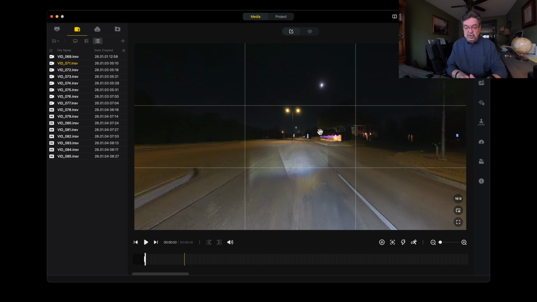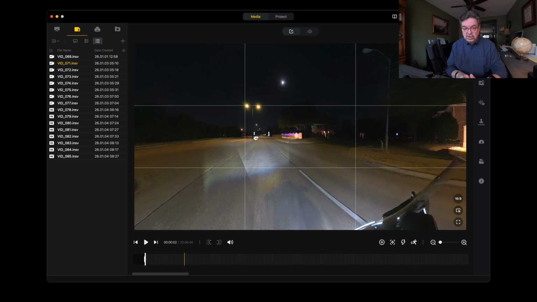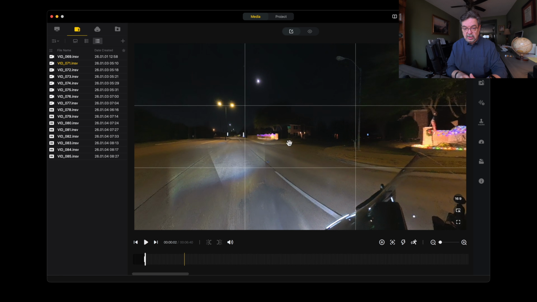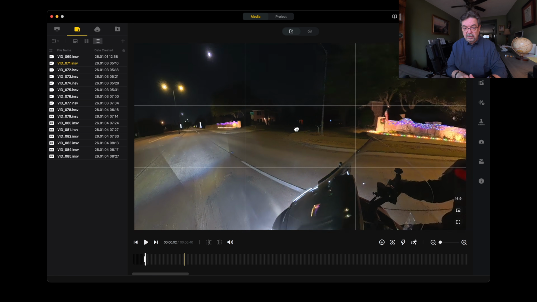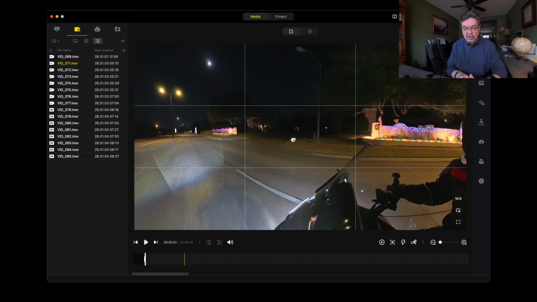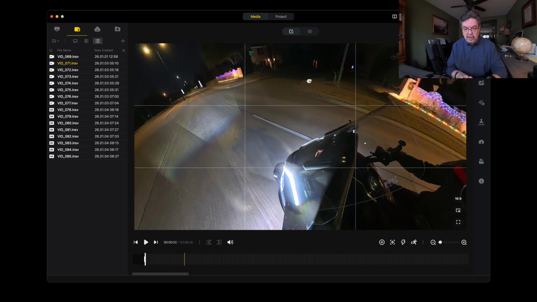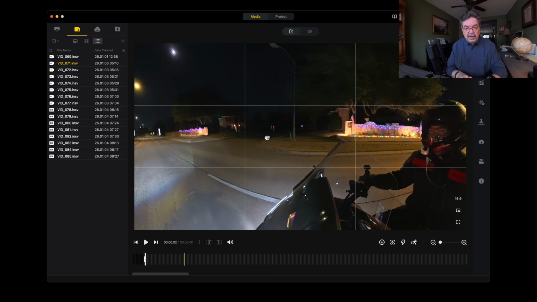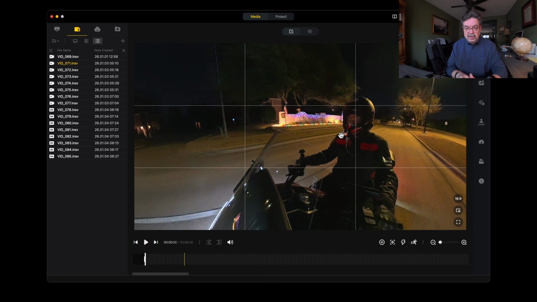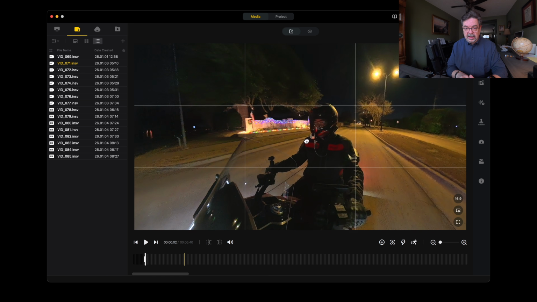I am going to use my mouse pad, hold it down and use the other finger just to scoot it around. And you can see by doing that, the hand turns into a little fist and now you've grabbed the video. You can look up all the way. You can look down all the way. You can go left and right. And what I want to do is get it all the way over here so that I am in the